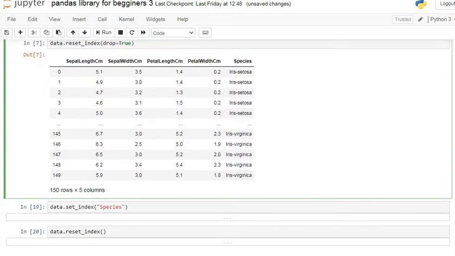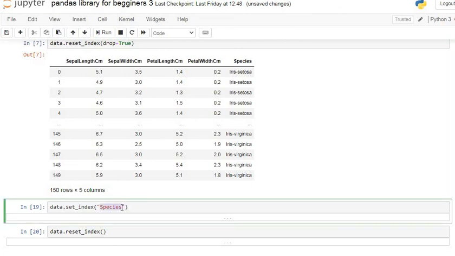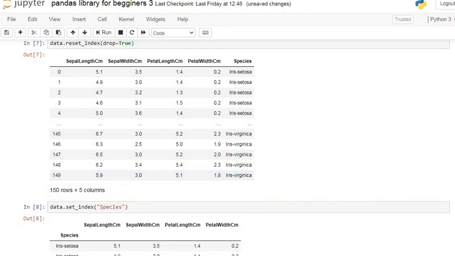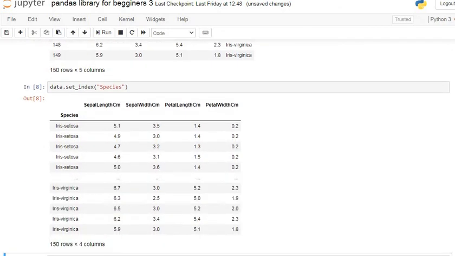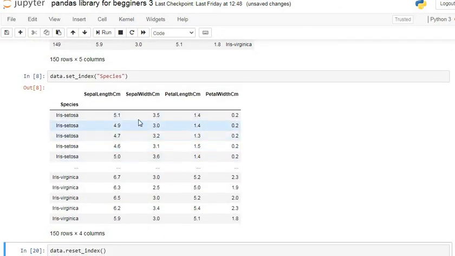Now I am going to set the index as a string using this species column. So I am going to index my data using this species column. For that I use data.set_index, and inside that I pass the new index column. So let's execute our command line. Now you can see my index becomes species, and these are all the rows of data of iris.